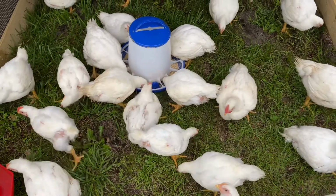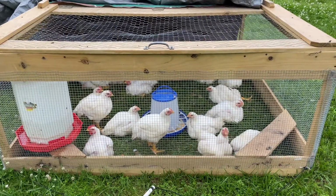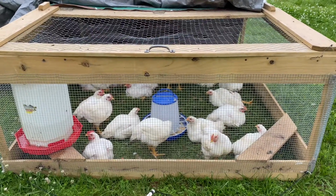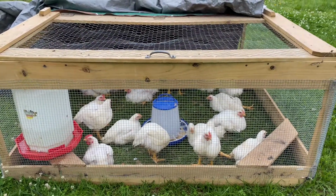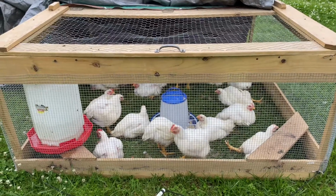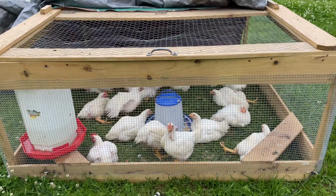before butchering time. The chicks are 5 weeks old now. They have feathered nicely, and they're starting to get quite big. They're a little on the muddy side today because we had quite a bit of rain, and I move their chicken tractor frequently to try and keep them on grass so they don't have mud, but you know, they eat it and scratch it up and all of that. But it's not raining today, so they're probably appreciating that they don't have to be covered up by the tarp